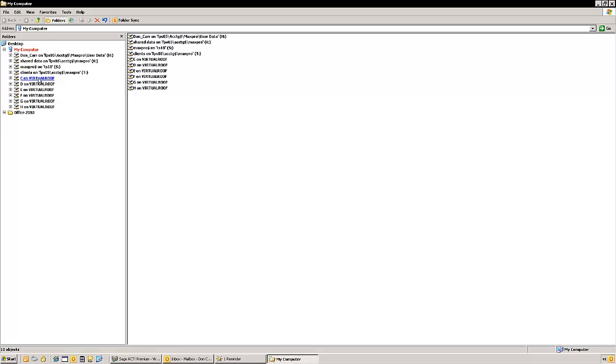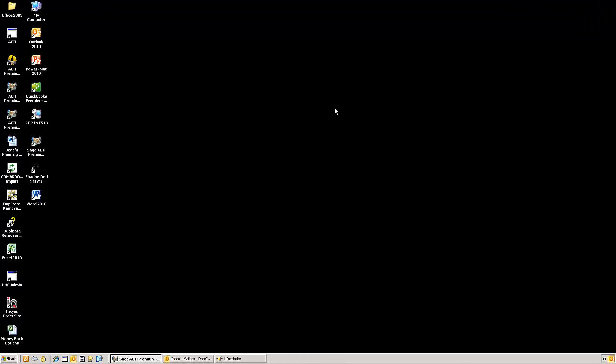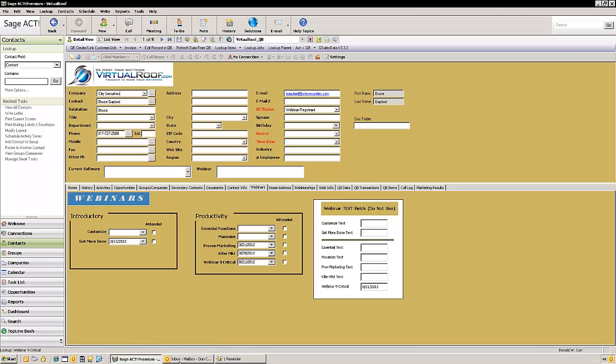C on Virtual Roof, my local computer is named Virtual Roof. That's my local drive, so I can move data back and forth from my local drive to the server anytime I want. So, kind of digress there a little bit, but I just wanted to show you how the remote system works. And so now if I go back to ACT, actually I'm going to go to my inbox real quick